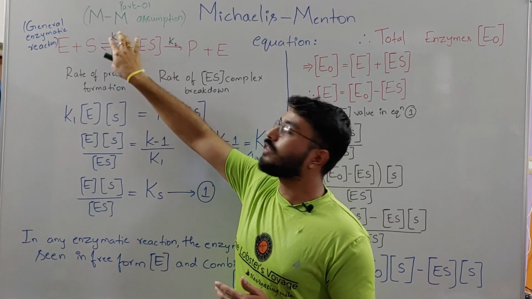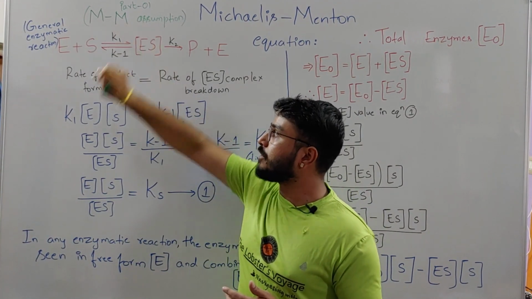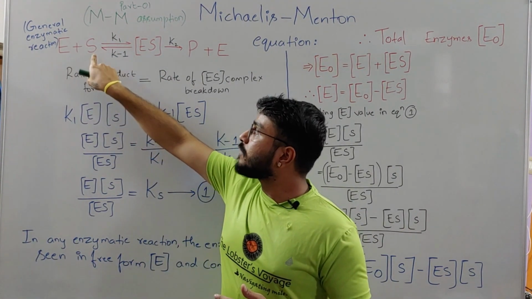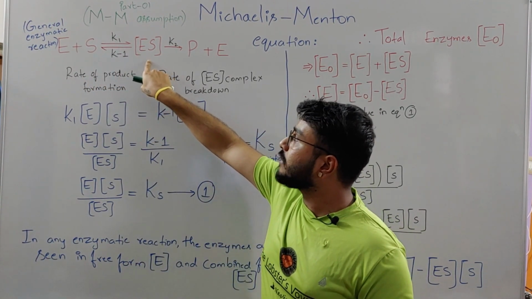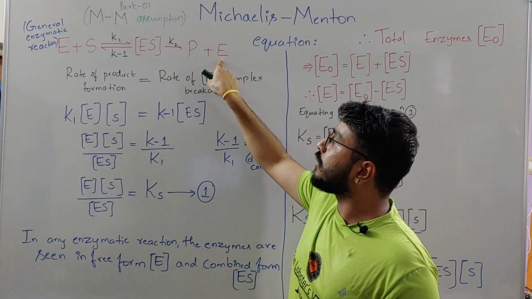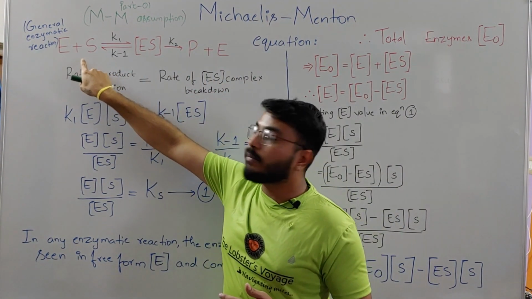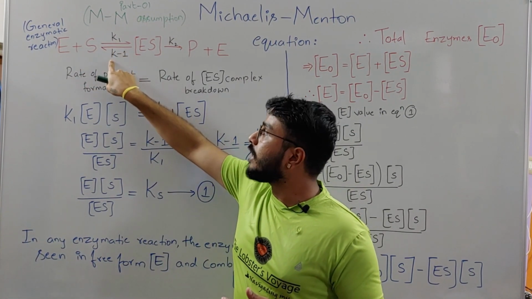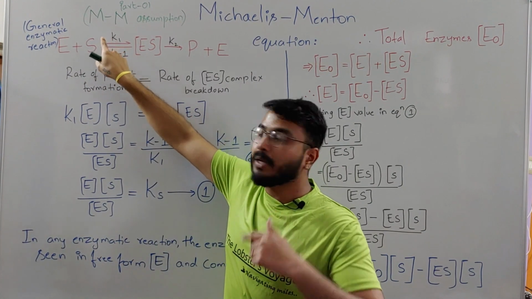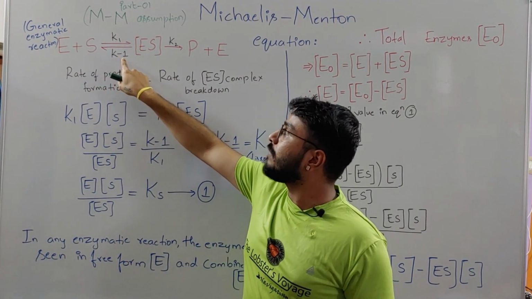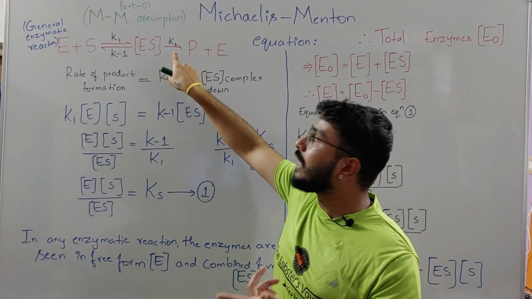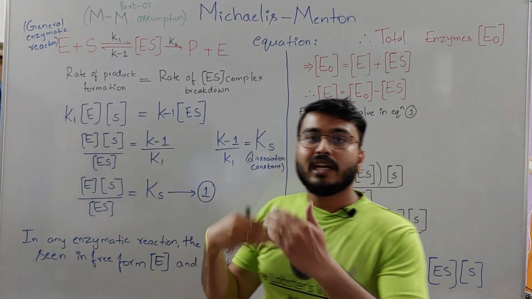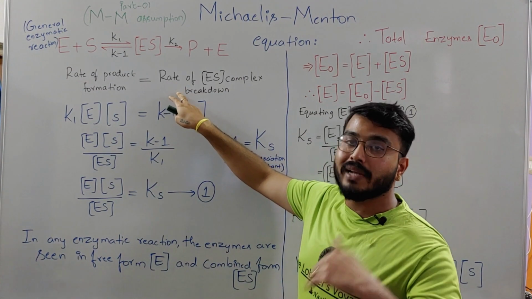Now looking into part 1 of the equation, that is Michaelis-Menten assumption, where we consider a general enzymatic reaction which involves the enzyme that reacts with a substrate molecule to form an enzyme substrate complex that disintegrates into respective product, and the enzyme is retrieved back. And when you want to calculate the rate of the chemical reaction, basically this is a bidirectional reaction, therefore it has got both forward reaction and the reverse reaction. The rate constant for the forward reaction is given as K1, and the rate constant for the reverse reaction is given as K minus 1, and similarly the rate constant of the second part of the reaction is given by K2. And in any chemical reaction, the rate of the product formation is directly proportional to the rate of enzyme substrate complex that is broken down.